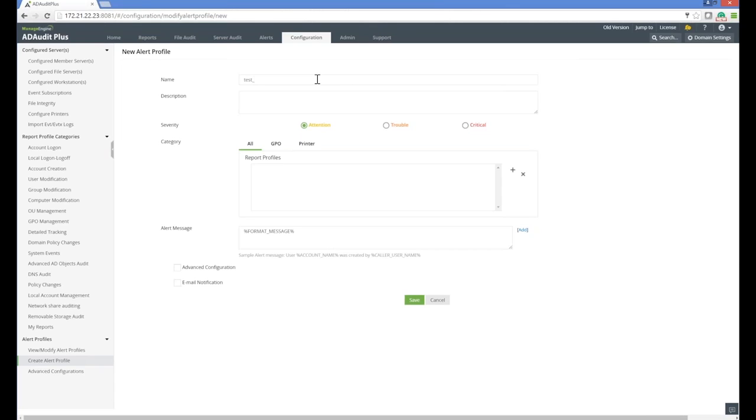So this profile is going to send me an email alert if anything goes wrong on my security groups. Okay, all right, so you can set the severity, whether it is an attention, trouble, or critical, and you have something